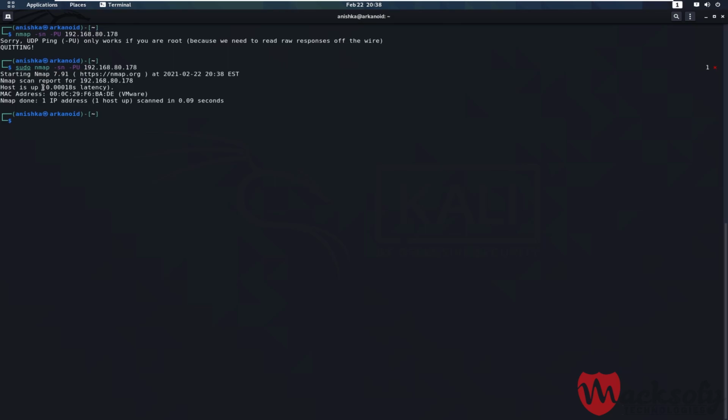Now the advantage of the UDP ping scan is that it can detect systems behind firewalls with strict TCP filtering, leaving the UDP traffic forgotten. Which means that if TCP is blocked or protected by firewalls, you can use the UDP protocol, which is often forgotten as a security measure.